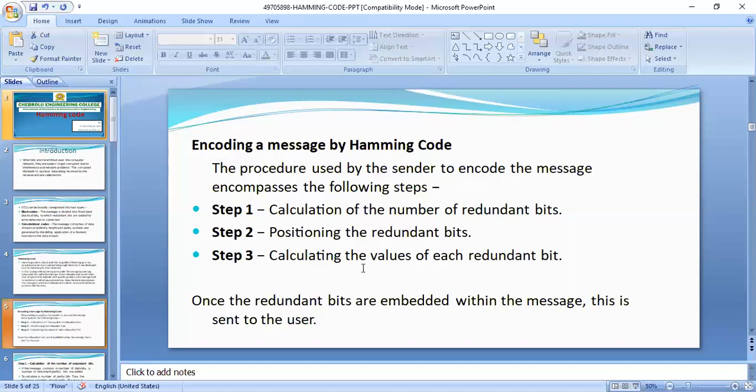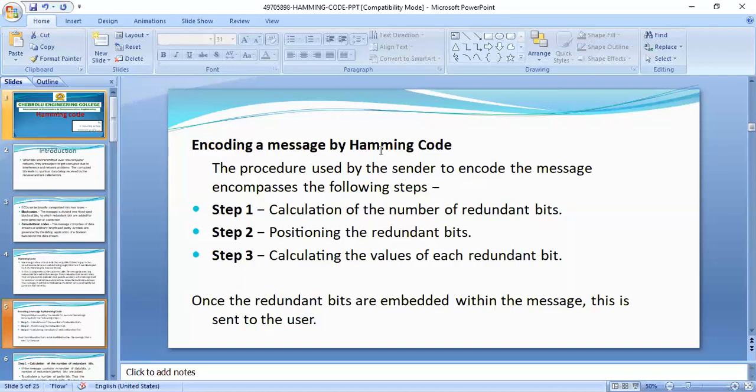So first is encoding the message into a Hamming code. How do we encode a message into a Hamming code? In the first step, we have to calculate the number of parity bits required to generate the Hamming code.